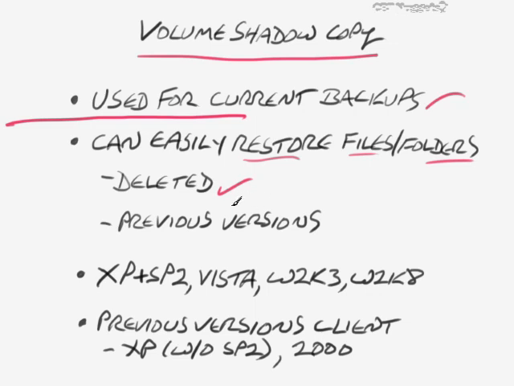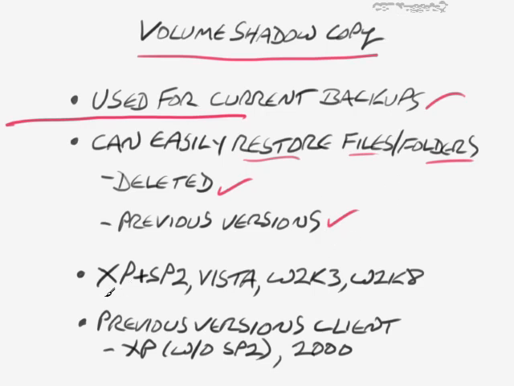Also, maybe you didn't delete it, but you opened the file, and then you made some changes you realized you didn't like, and then you saved it. Oops, now I've overwritten my good file with bad changes. How do I get back the old version? Well, you can restore previous versions, because this will create, depending on the amount of storage space you have, potentially infinite previous versions. You could go back days, weeks, months, years, if you wanted to. So it's very, very effective in restoring previous versions.